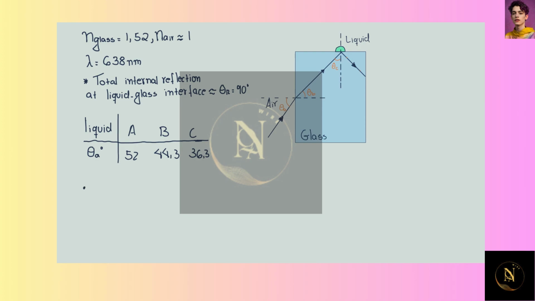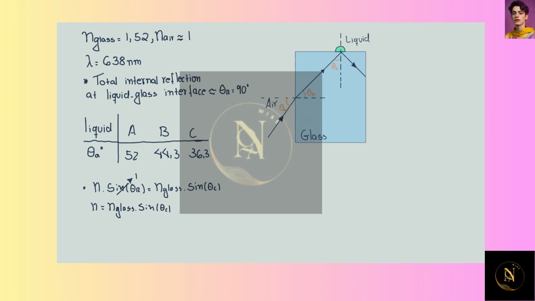By using Snell's law there, we get that the refraction index of the liquid times the sine of the angle of refraction is equal to the refraction index of glass times the incident angle, which, according to my drawing, is theta C. Notice that theta R is 90 degrees, and the sine of 90 is 1. So this is equal to 1, and we get n is equal to n glass times the sine of the